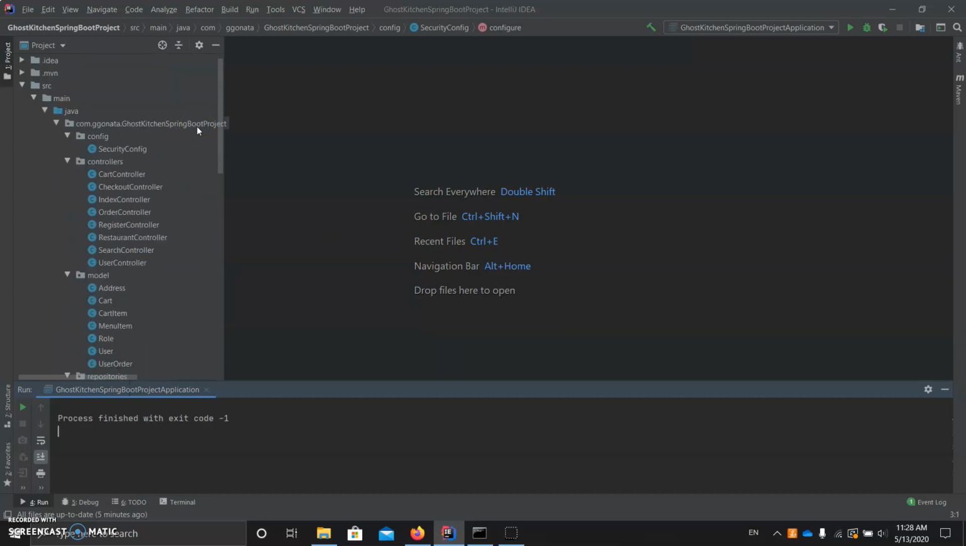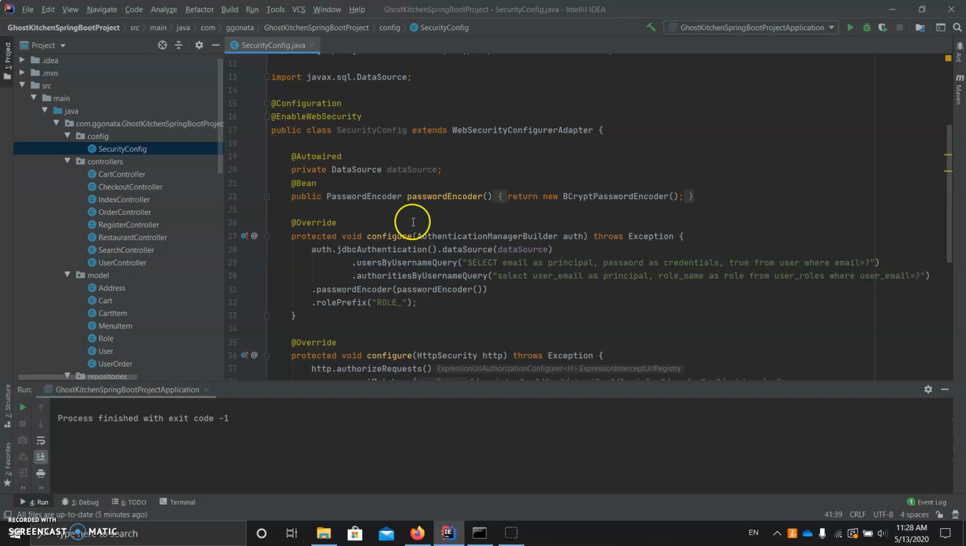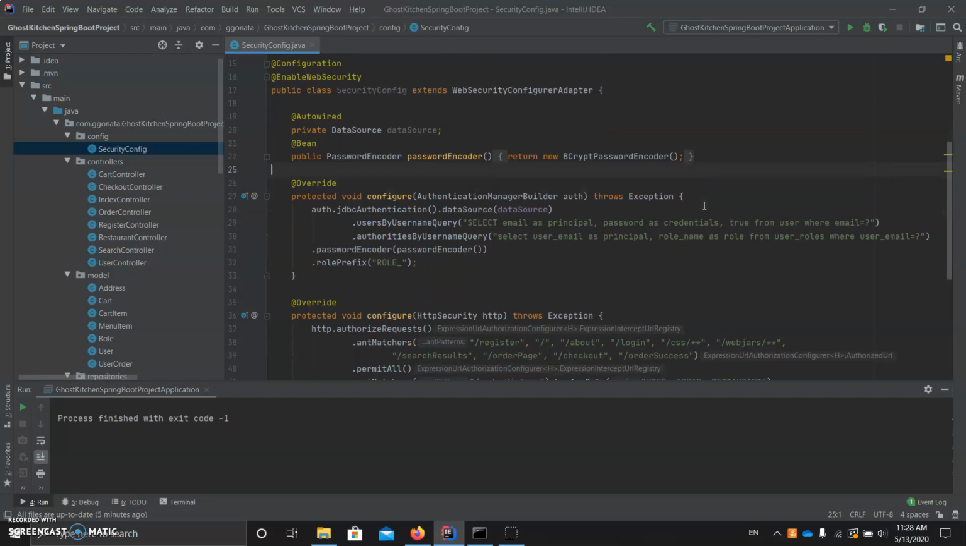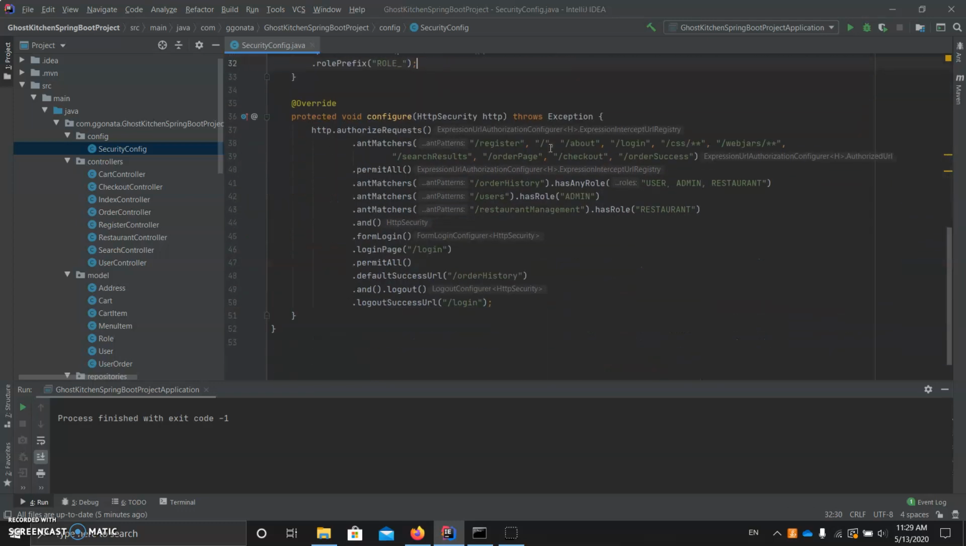Alright, let's start at the top of the file tree here. Spring Security Configuration. We have a password encoder bean, which will automatically be used by Spring Security to encode any password a user enters when they register, which is nice. In our configuration method, we authorize requests for each of the pages that we've created so that we could either permit all users to see them or we could only permit certain roles to view these pages. We set our login page, success URL,